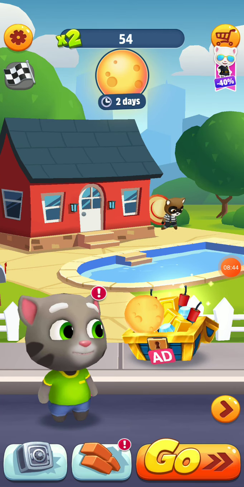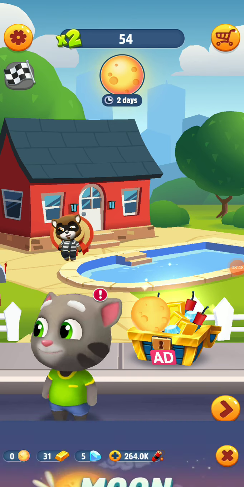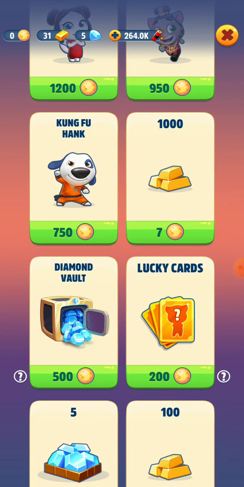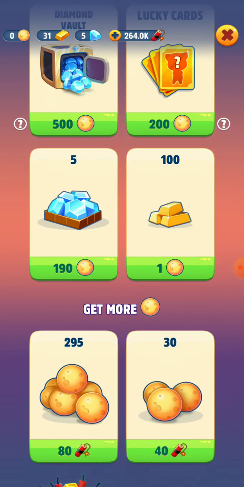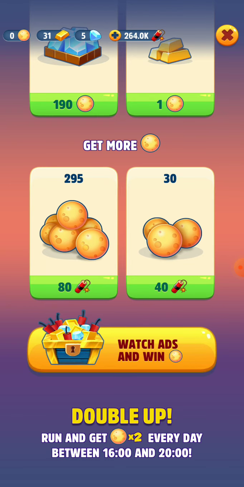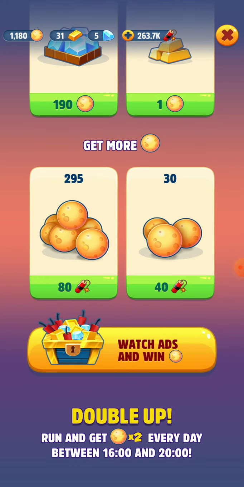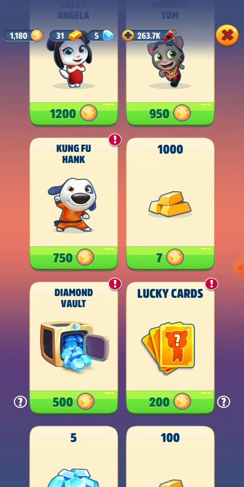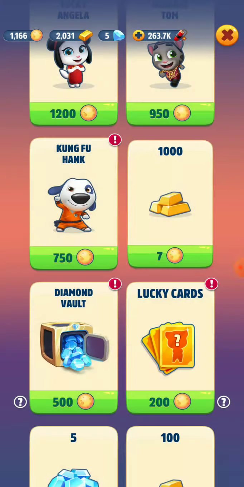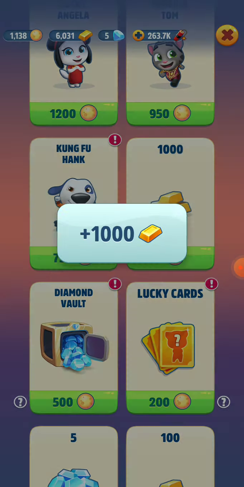Okay, if you play one game, you will get offers like Moon Festival. You can click these, and you can buy more gold. Like if you keep 7 biscuits, with 80 dynamics, you can buy 295 biscuits. Like that, you can spend these dynamics. After you get biscuits, you can click these 7 biscuits, and your money will be increased.